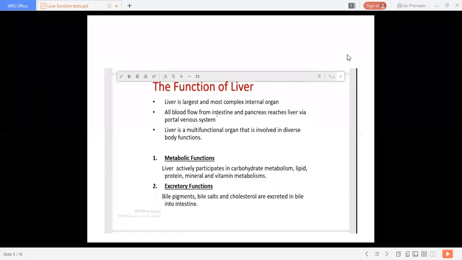So in the last lecture we discussed the liver function tests. They are classified based on the functionality of the liver. First is the determination of the liver's capacity to transport organic components and drug metabolism. To evaluate the liver's capacity, the test we included in this is bilirubin, both in serum and urine.